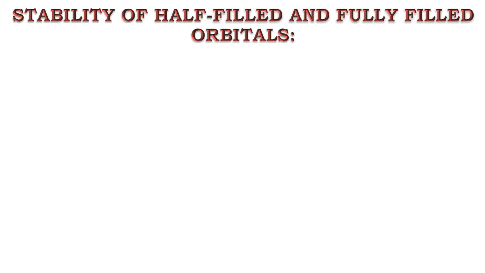Now one more rule is there. Why, in the structure of atom, do they prefer to go for one each in the p, one each in the d, one each in the f? Why do they not go for p3 or p2, p1 like that? Because after research work and observation, they have come to the conclusion that half-filled orbitals and fully filled orbitals are more stable than the other forms. Why? Now that we will discuss.